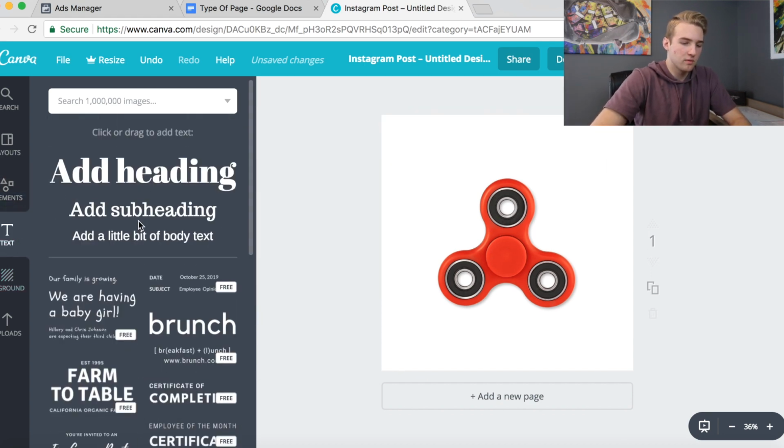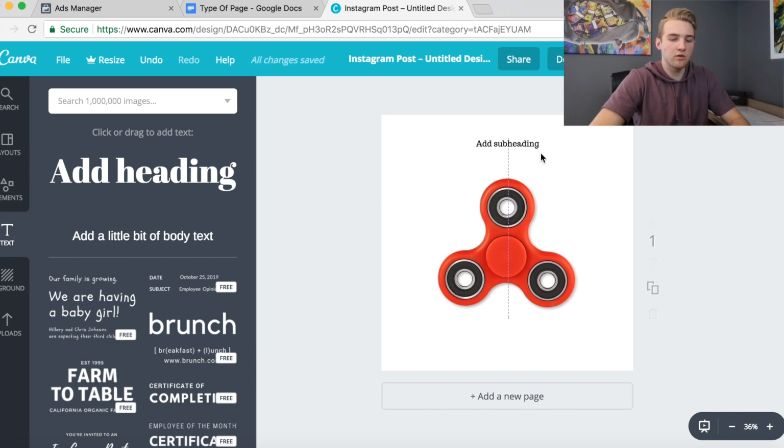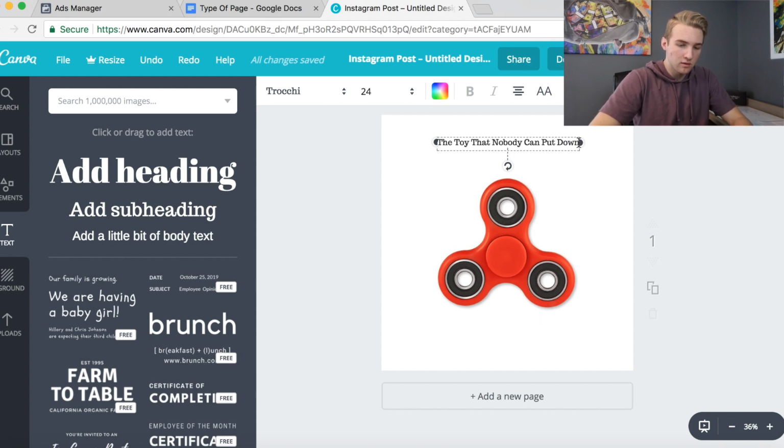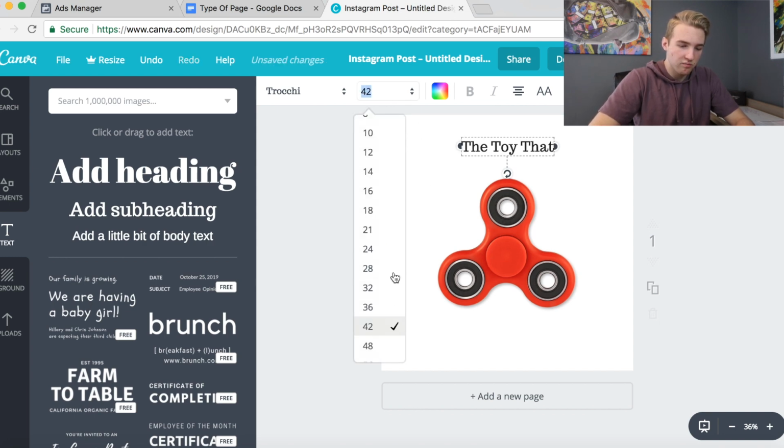Ready? Go over to text, we'll use a subheading here, and this is where you have to be creative. This is also important with the ad copy, because what you're saying on here, especially with the meme, you'll see how it's structured here in a second, has to flow into what you're about to say in the description or in the ad copy, okay? So, the toy that nobody can put down. We're gonna go the toy that, you'll see this here in a second, just a creative process,